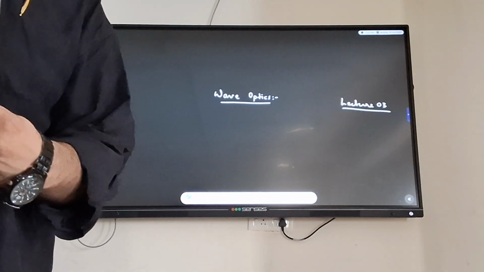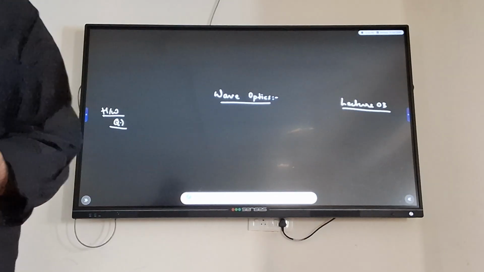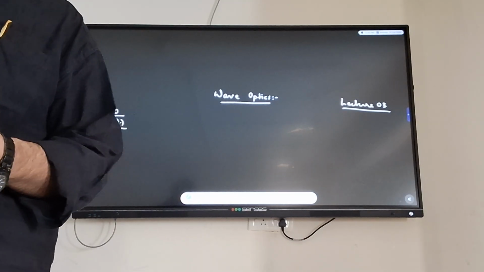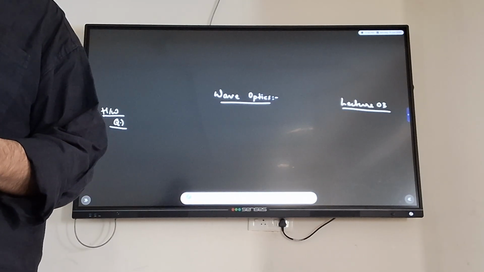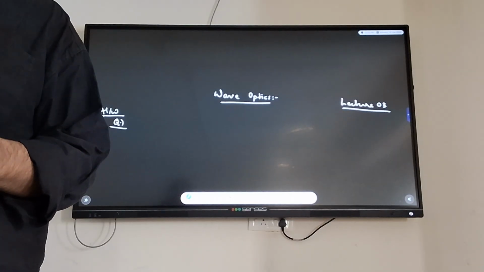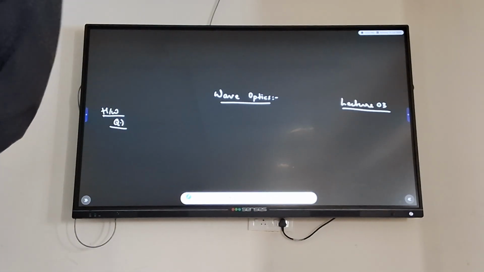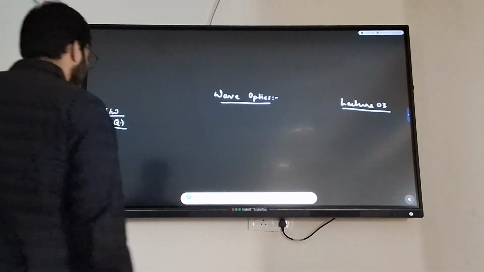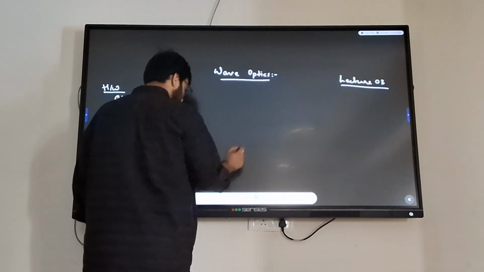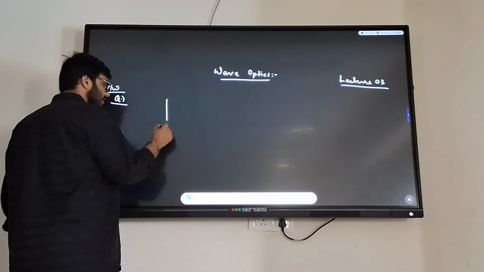In YDSE, you have to find the thickness of a glass slab. Its mu is given, which should be placed in front of an upper slit so that the central maxima now lies at the fifth bright fringe. Yes, before the experiment, you have something like this,